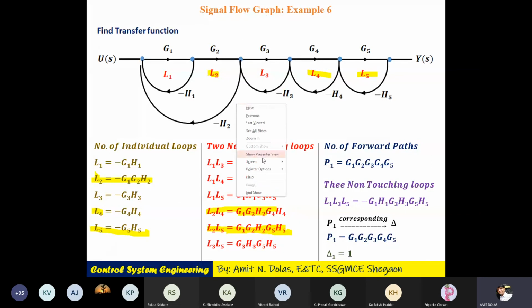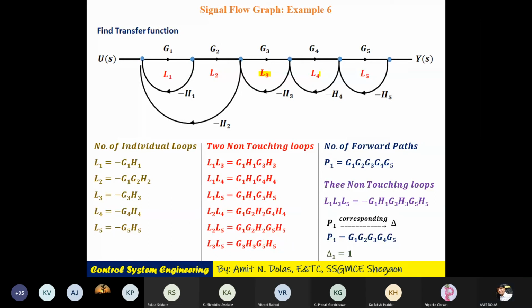And lastly, we'll see the relation of L3. L3 is connected to L2 and to L4, but L3 is not connected to L5. So here L3 and L5 relation we have to find out. You might be thinking, sir, L3 is not connected to L1. We have already done that. Writing L3 L1 or writing L1 L3 is the same. So don't get confused.